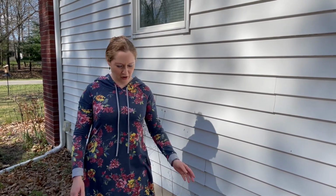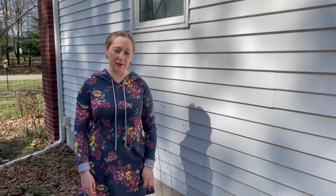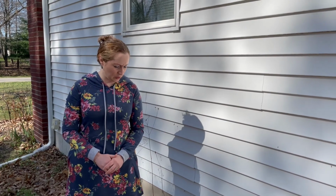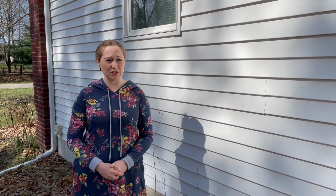Today I wanted to talk to you about the importance of monitoring your window wells. Window wells are important. They give you an escape route from your basements, but they can also serve as a really large pitfall trap for our wild reptiles and amphibians, and sometimes small mammals like cottontail rabbits. So it's important to monitor those regularly, and if you don't have time to monitor them multiple times a week